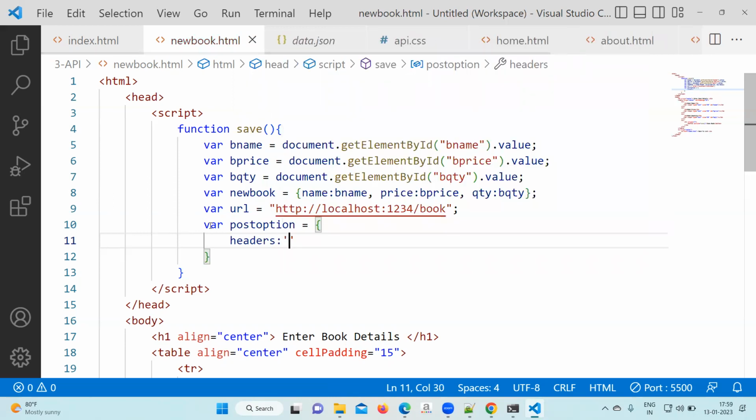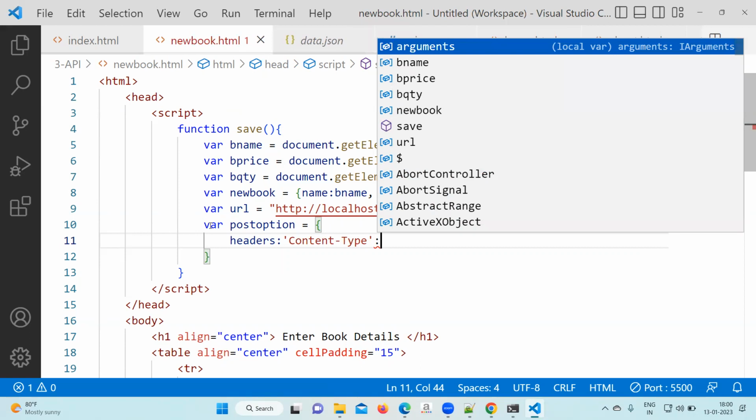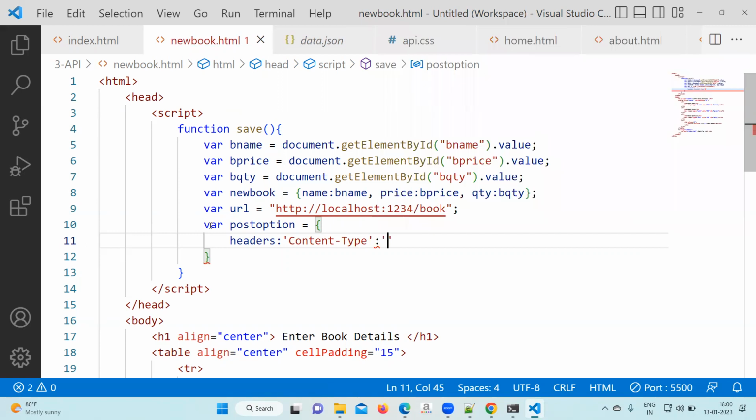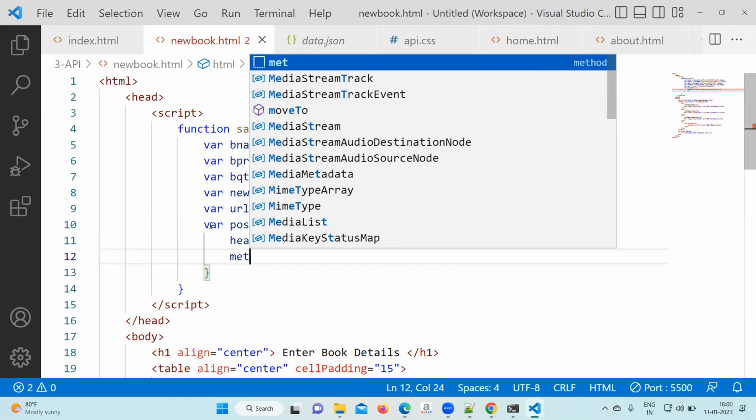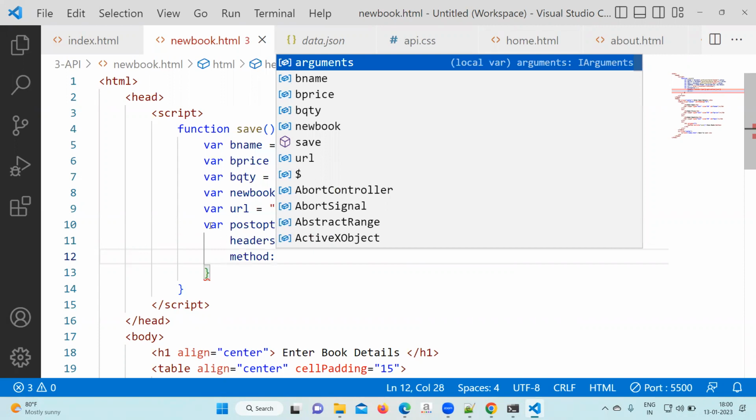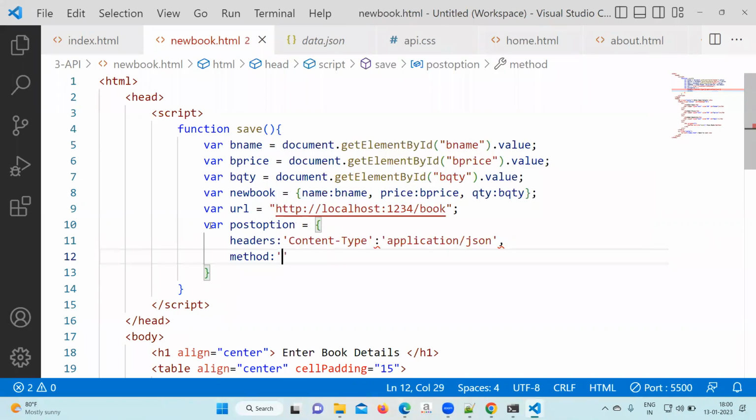In the headers, you will write content hyphen type, content type colon, content type application slash JSON, application slash JSON. Then method colon post,